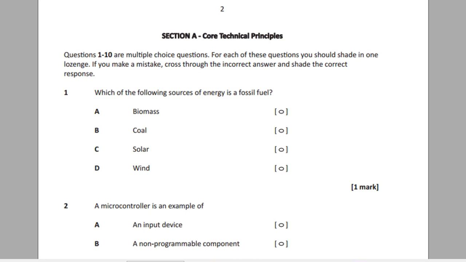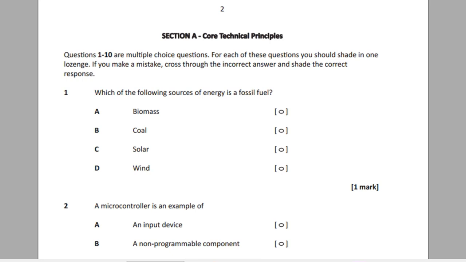And then we'll go to biomass. Bio referring to biology, referring to organic material, mass, so that is the total weight of the organic material. So biomass refers to the use of organic material. That could be in the form of human food waste or animal waste or dead animal parts and so on, being turned into a fuel which can then be burned in a furnace to produce electricity. So we know it can't be biomass.